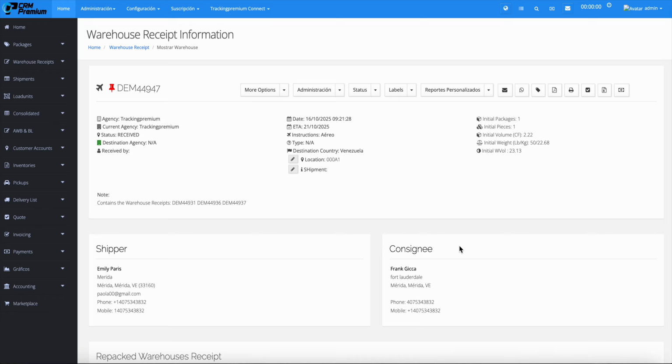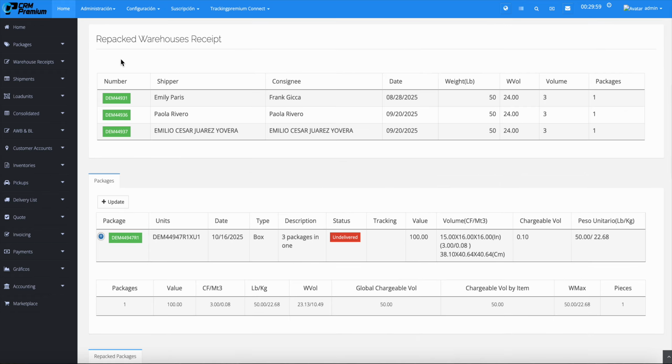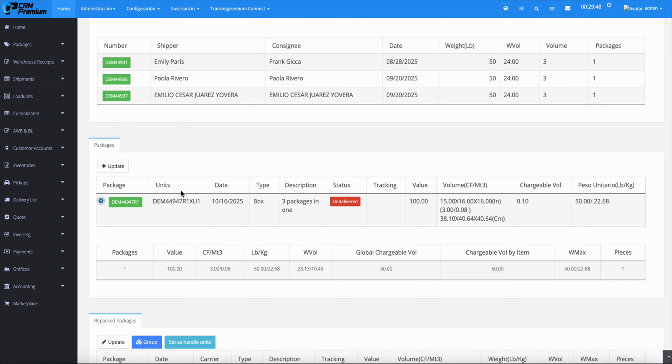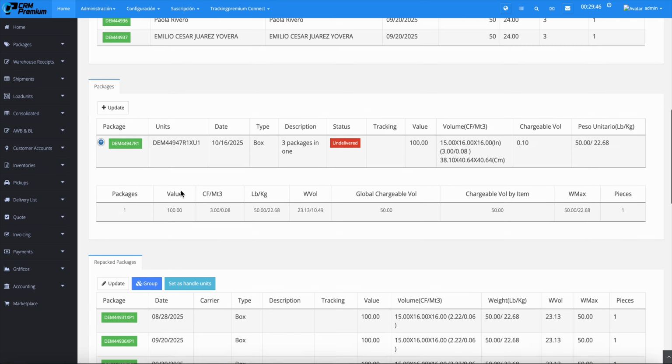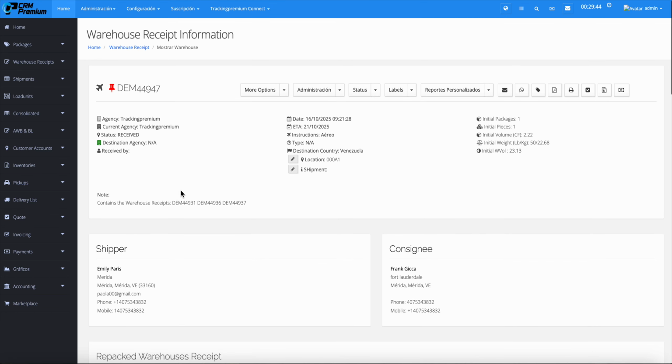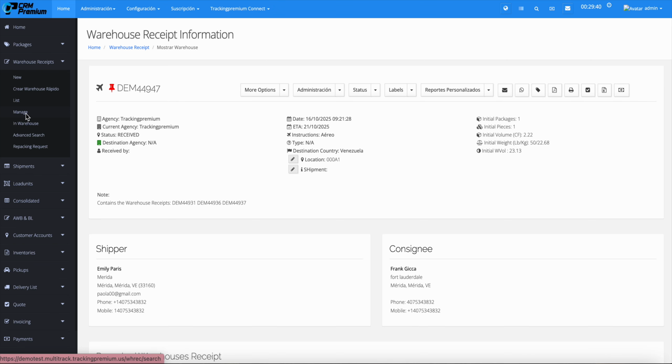Here you can see that I have the repackaged warehouse receipts, that are the initial warehouse receipts or packages, and in the other section are the final packages that I get. This is the Repack option, and if I go here to manage,